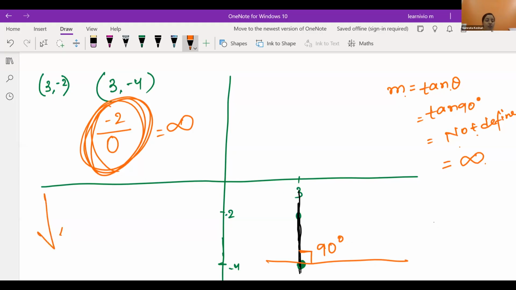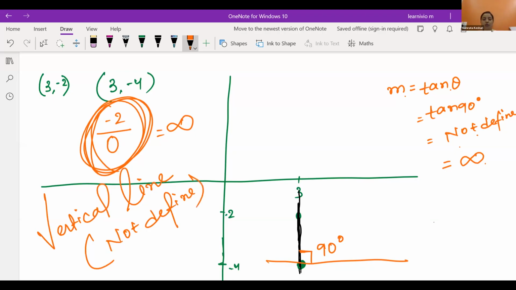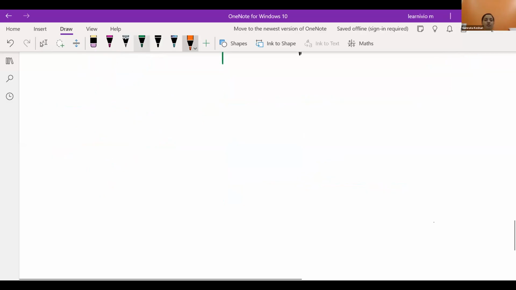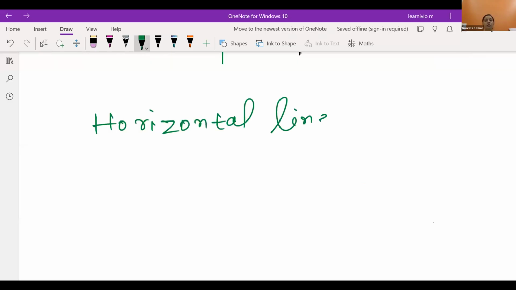When we have a vertical line, then the slope is not defined. When we have a horizontal line, then the slope is 0. Okay, just write all these rules which you just observed: when we have a horizontal line, the slope is 0. When we have a vertical line,